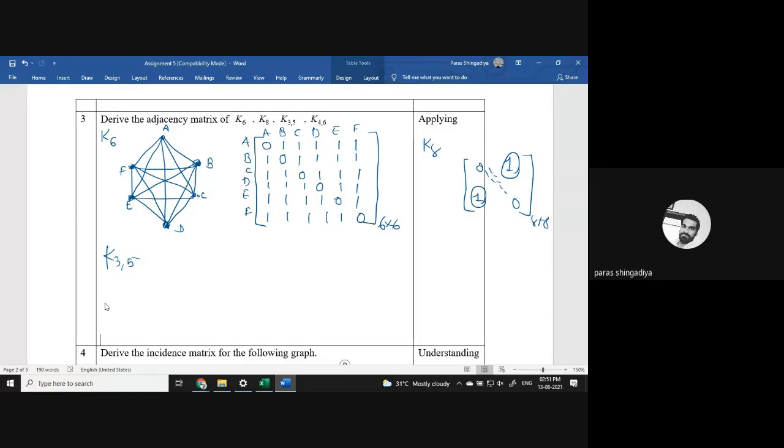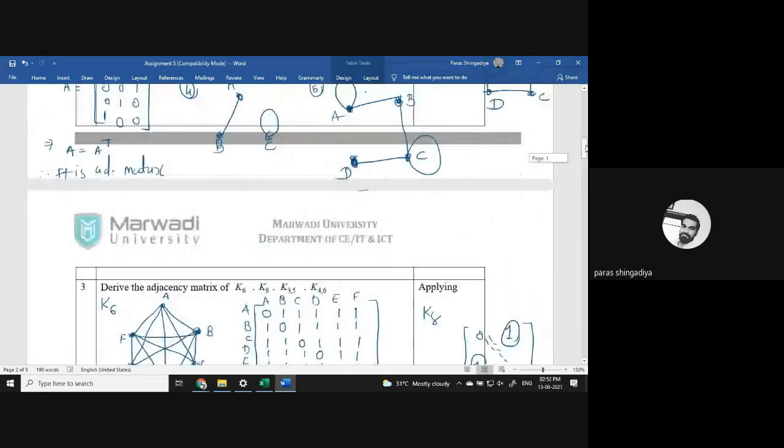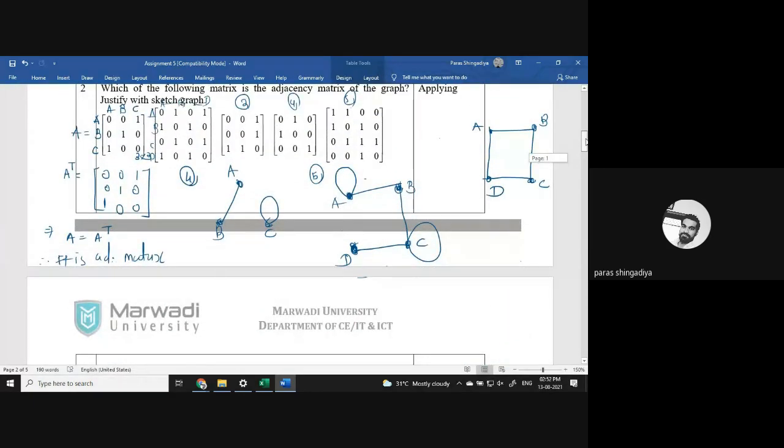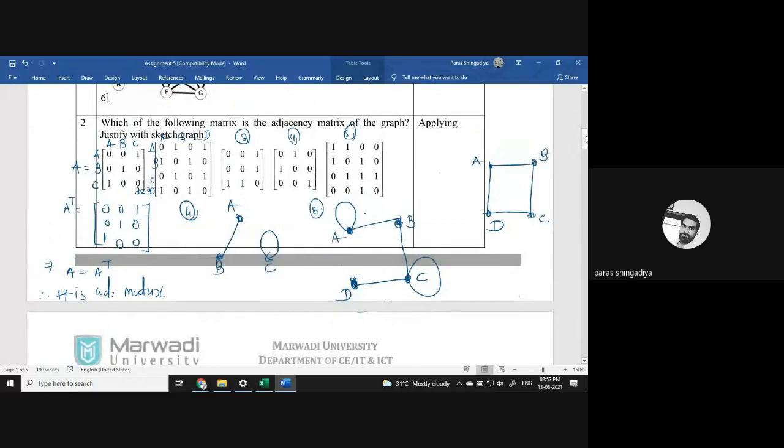हाँ यस बोलो सर. वो सेकंड क्वेश्चन में जिस वर्टेक्स पे लूप आ जाता है उसकी रैंक तो मतलब मैच नहीं करती है मैट्रिक्स से. In that case it will not match. Okay, that we also consider as one of the results in this topic. If any graph contains a loop, the degree will mismatch. In that case, if the graph does not contain a loop, then the result will be correct. But if any graph contains a loop, then the degree for that vertex will be mismatched with the number of ones appearing in the row and column.